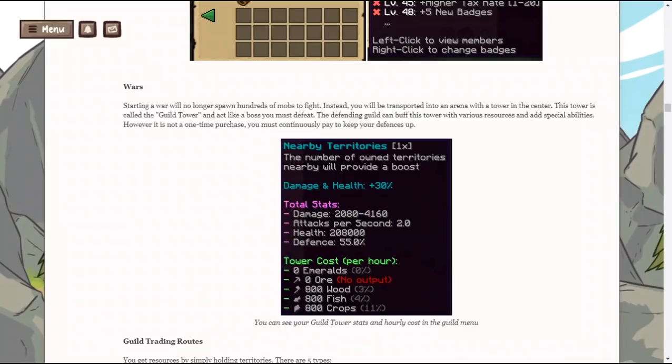And wars. Now this will be fun for some of you, some of you will probably never do it, but it will be fun for some of you. Starting a war will no longer spawn hundreds of mobs to fight. I'm so glad because the wars right now get so monotonous. Instead, you will be transported into an area with a tower in the center. This tower is called the Guild Tower. It was shown in the trailer. And act like a boss until...